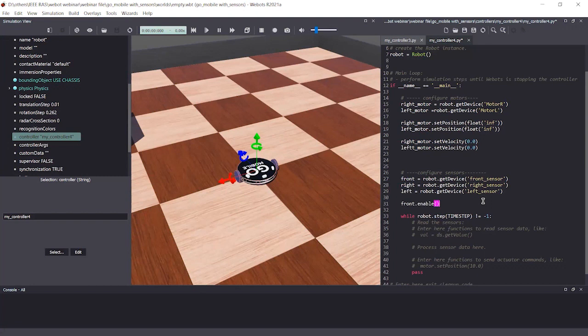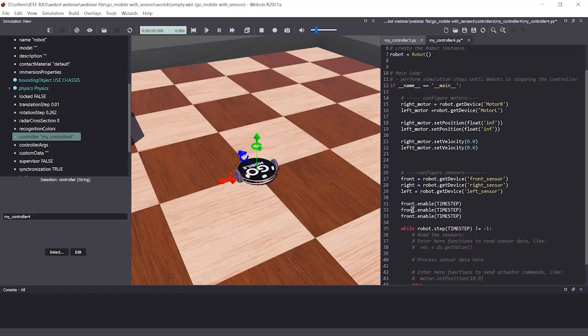When enabling your sensors, you need to give the time step value as well. I think the spellings are correct. If I make a spelling mistake, let me know. So I'm going to enable the front sensor, the right sensor and our left sensor as well.